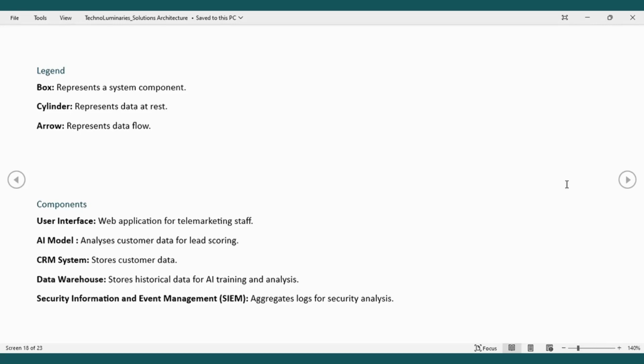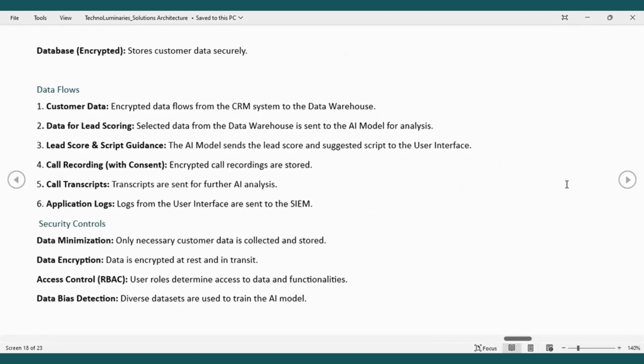The components: a user interface, web application for telemarketing staff; AI model, analyzes customer data for lead scoring; CRM system, stores customer data; data warehouse, stores historical data for AI training and analysis; security information and event management, aggregates logs for security analysis; database encrypted, it stores customer data securely. For our data flows: the customer data, the data for lead scoring, script guidance, call recording with consent,